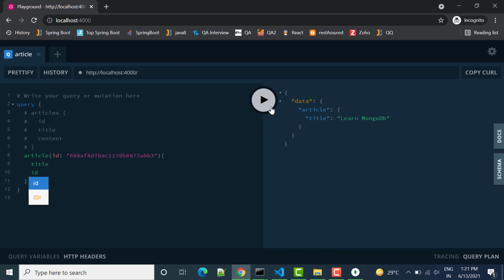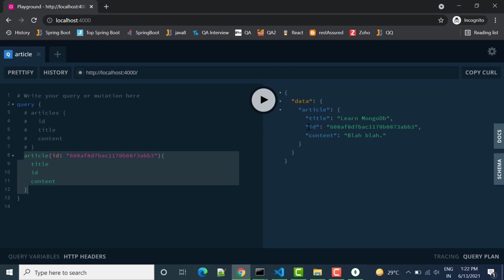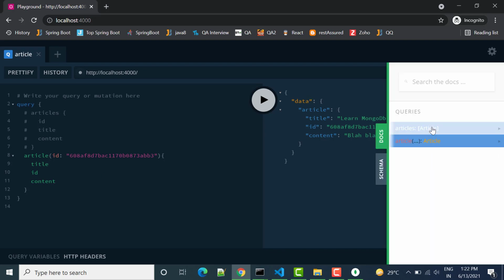And then let's say if I want ID also, you will see ID, content, you will see content. So it's quite fast, as well as you can add here multiple requests at a time with different arguments, and whatever things you want in response you can do better this way. So documentation is also available here.